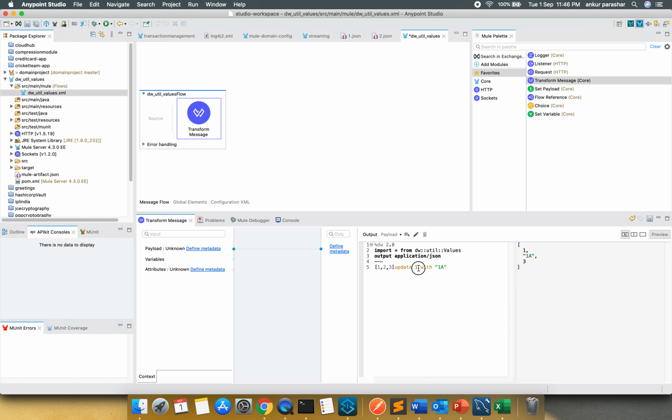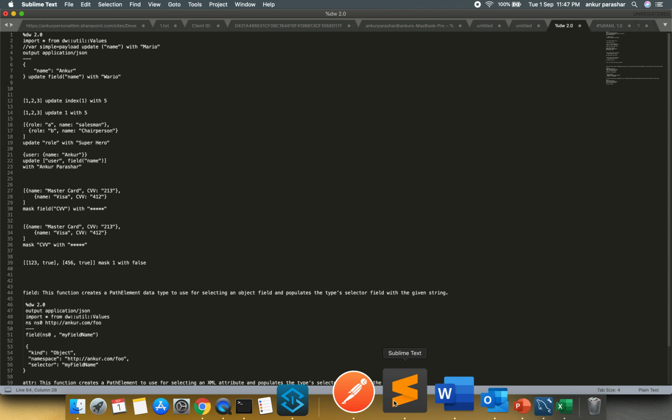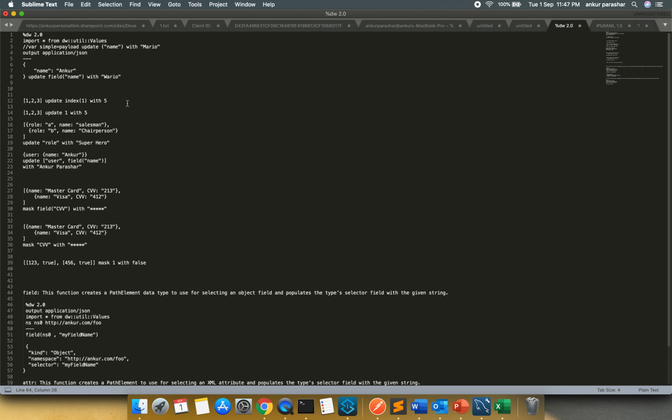Here 1 stands for the index. So 0, 1, the value 2 will be replaced with 1A. Let me go back to my scratchpad and look if there is any other combination which I have left. Index I have covered now, and this one combination as well.